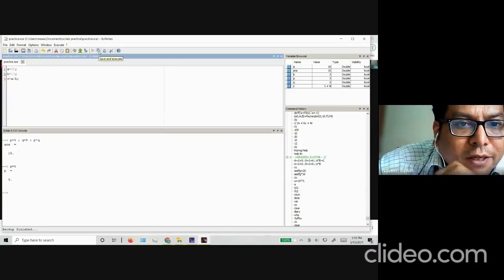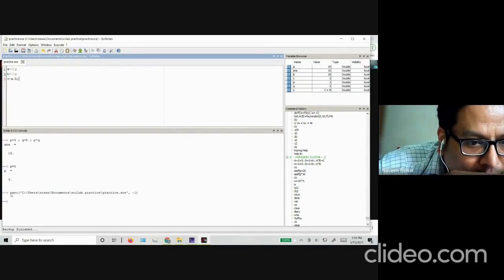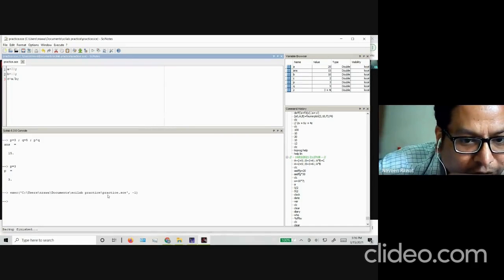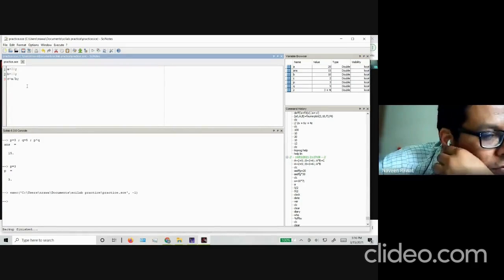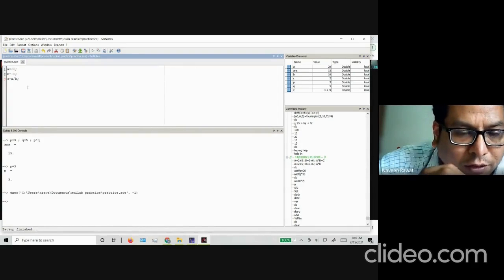You can see it appearing if I hover my mouse on top of it. If I execute this, you will see a message appear, executing this code. See, it is executing this file. If you haven't saved the file, you will have to save the file before executing. If you're using the file for the first time, you will get an option to save it. You can save it in any directory you want, and then you can execute it.